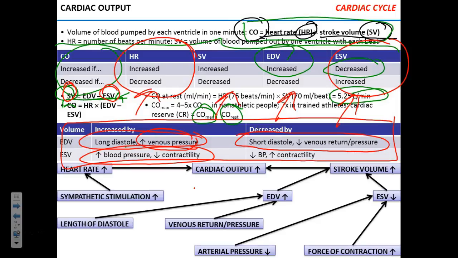If you take those two people, the regular healthy person and the athlete, of the same size, their cardiac output is going to be the same at rest, right? Because they have the same body mass. But the athlete has higher stroke volume. More blood is being delivered into circulation with each pump. So the athlete's heart can beat less frequently. Does that make sense?